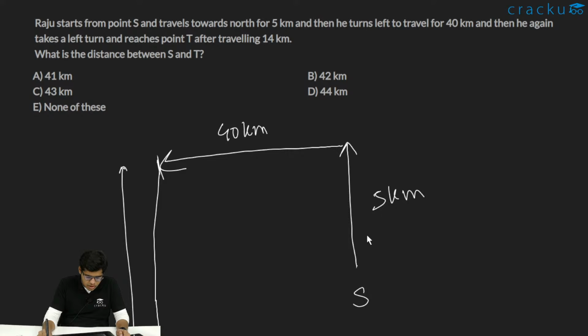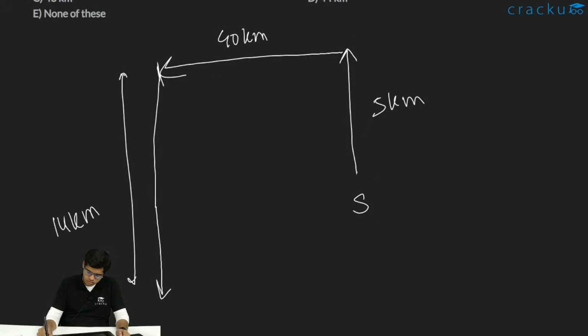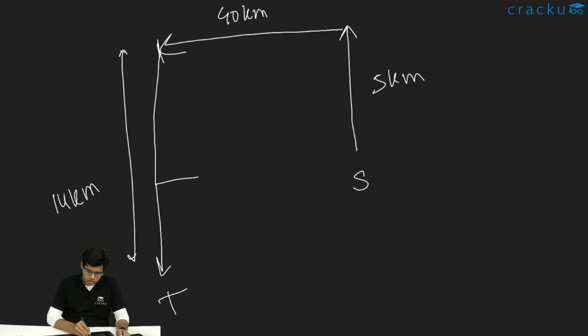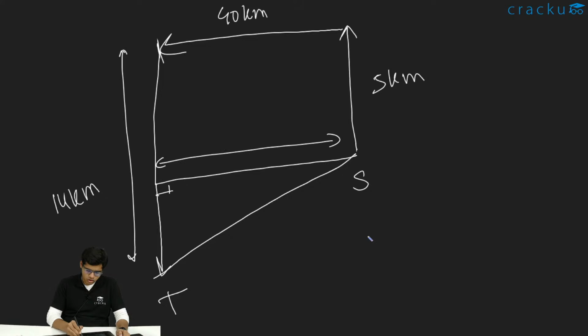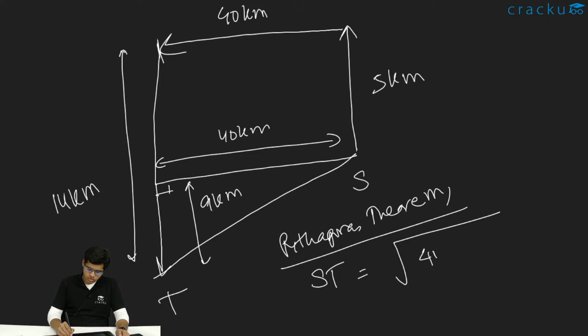So we need to find basically the distance between S and T. So this is T. We need to find this. So as you can see, guys, we can draw this as a right angle triangle. This is 40 kilometers. This is 14, this is 5, means this has to be 9 kilometers. So I can simply write by applying Pythagoras theorem. I can write ST equals root of 40 square plus 9 square, which is root of 1600 plus 81, which is